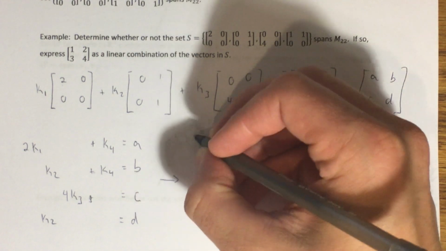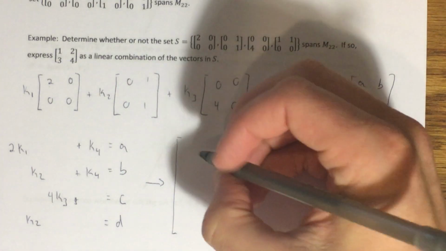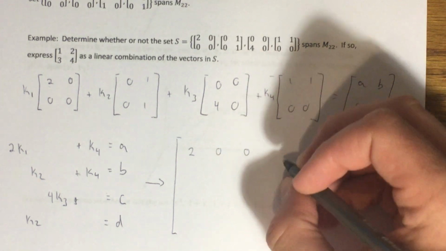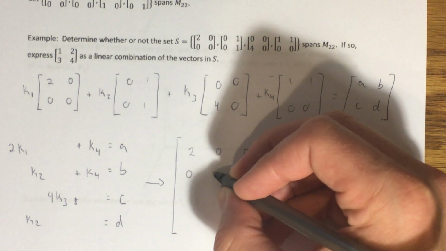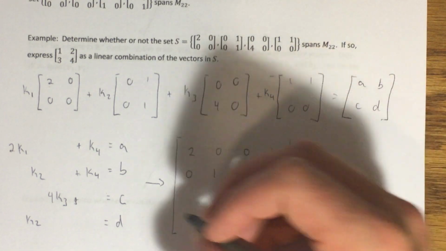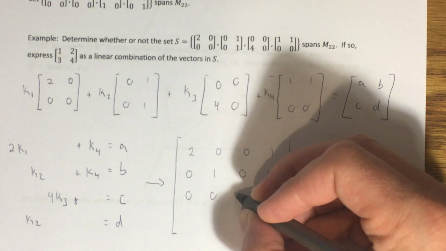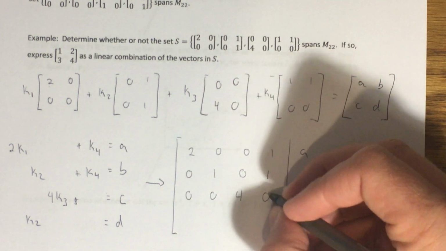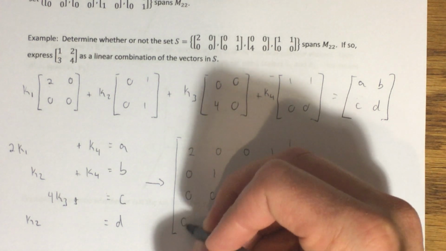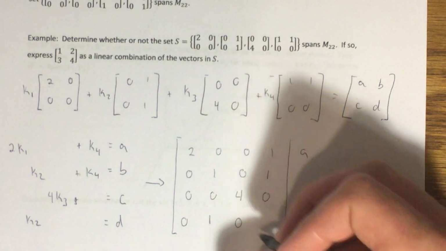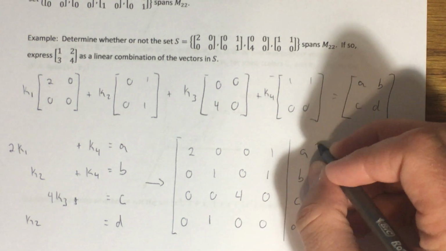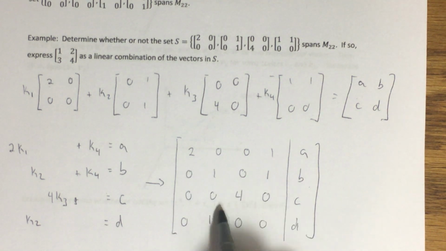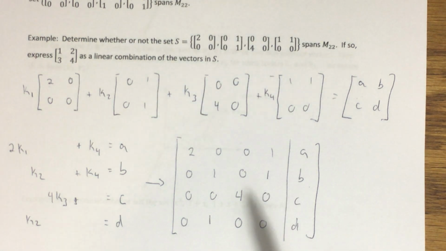Okay, so this looks like the matrix 2, 0, 0, 1. And then I have an A here, 0, 1, 0, 1. And then 0, 0, 4, 0. And then 0, 1, 0, 0, and then I forgot my B, C, and D. Let's double check, make sure we got that right. I think that's right. Yep. Okay. So now,